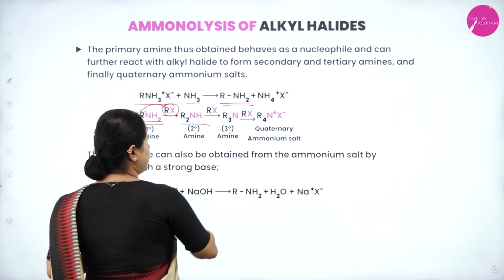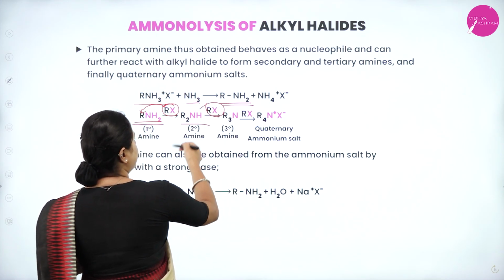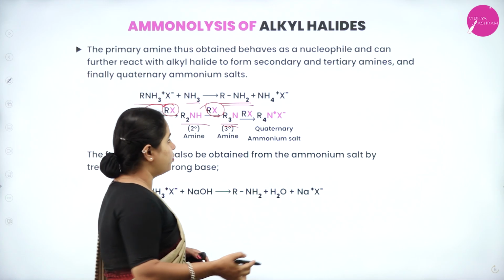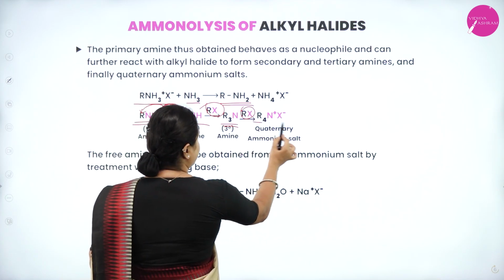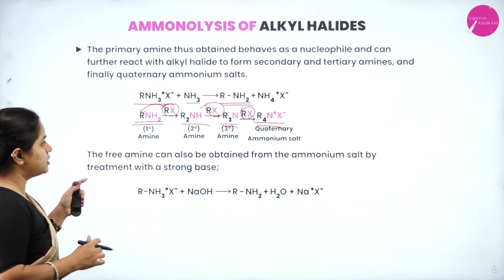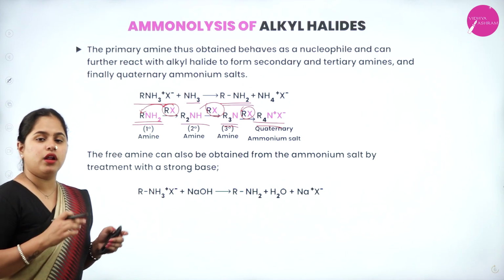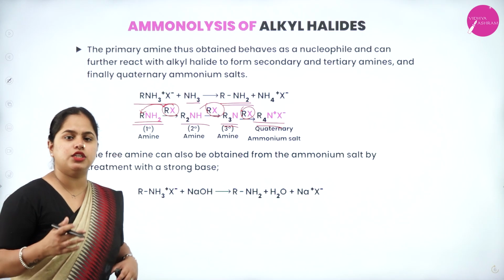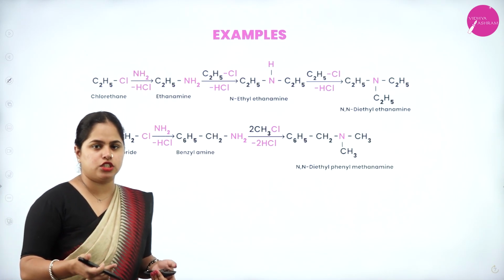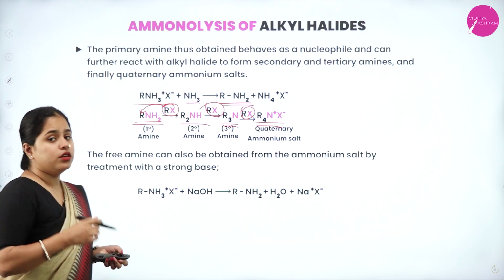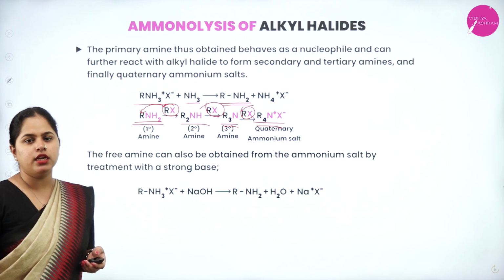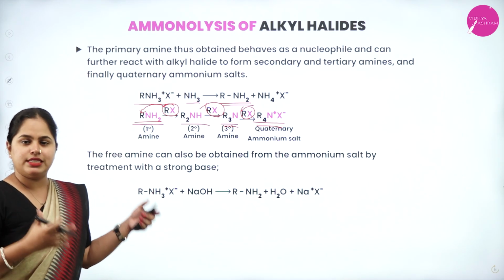So, you will get R2NH. Again, one more alkyl halide added. What is going to happen? You will get R3N. Again, you can continue. One more alkyl halide can be added. You will get R4N plus X minus. That is your quaternary ammonium salt. So this method is used to prepare all those, that is primary, secondary, tertiary as well as quaternary ammonium salt. All can be obtained by just the addition of alkyl halide. Clear? So all these can be produced from the same reaction,